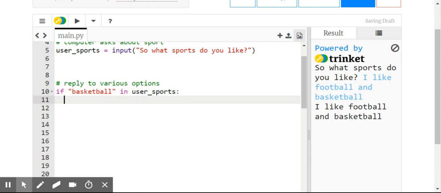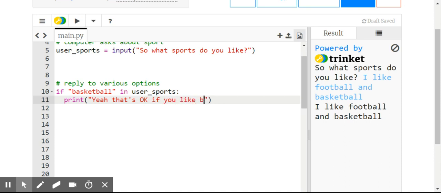So this code now is only going to run if my response had the word basketball in it. Okay. So in that case, the computer is going to respond with, I don't know,